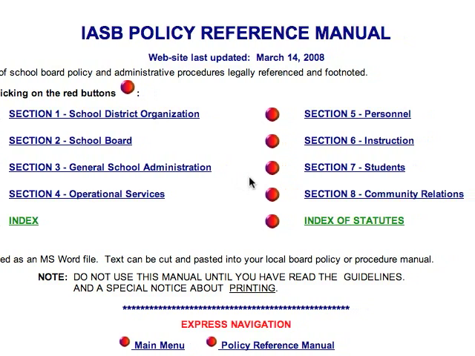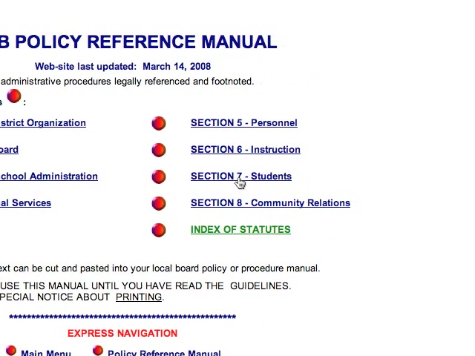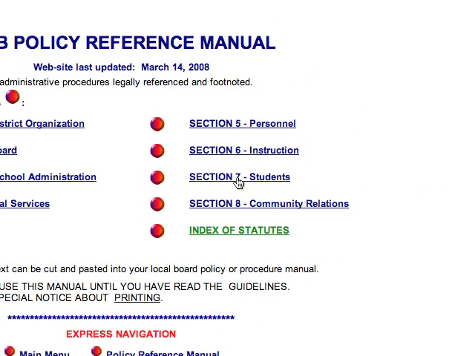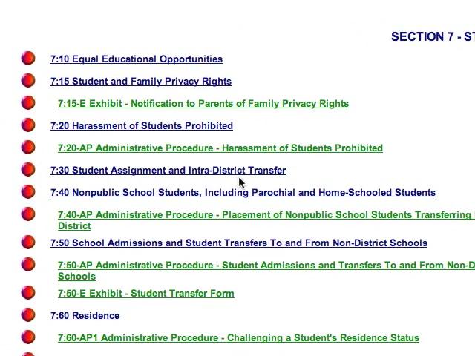So for demonstration purposes today, we're going to say that this is the first time as a superintendent we've had to go through an expulsion hearing for a student. So we want to make sure we get it right. So you would go to a section to try to find this out. The section I would look to at first would be Section 7, Students, because it just might have the information I need to look up the policy.